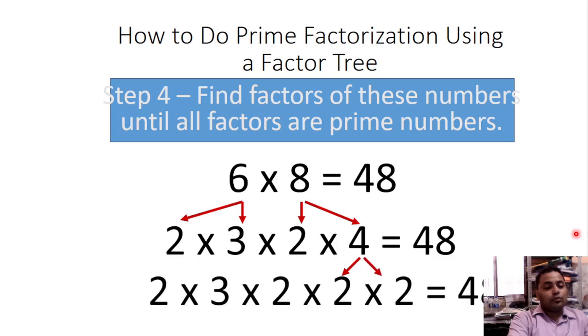2 times 2, 2 times 3, 2 times 2 times 2. You can see here 2 appears 4 times. So 2 to the power 4 times 3 is equal to 48. So 48 has the prime factors 2 and 3, where 2 is